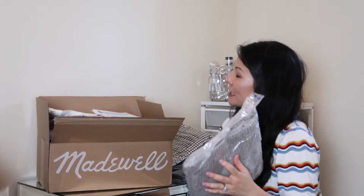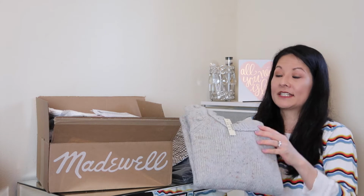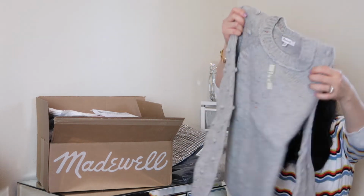And this particular one I paid $18 for. It's in a size extra, extra small. So this retailed for quite a bit. I don't have that kind of data now, but I will have that on my listing. But I just love this kind of sweater. So it's this kind of chunky sweater